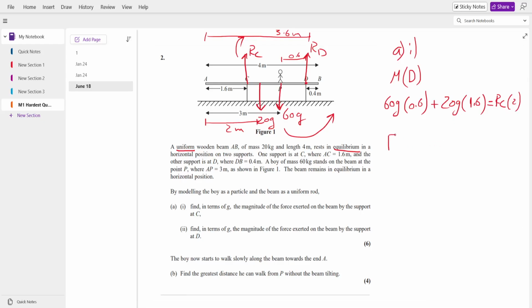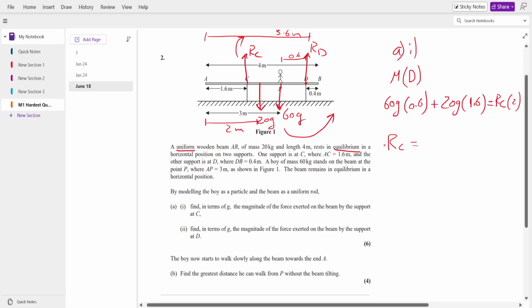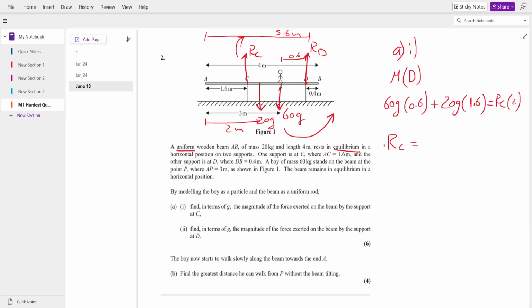So from here I can find RC: 60G times 0.6 plus 20 times 1.6G. These two add up to 68G, and then I had a 2 here, so if I divide both sides by 2, it's going to give me an RC of